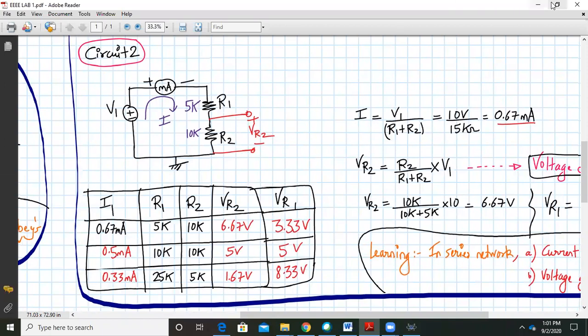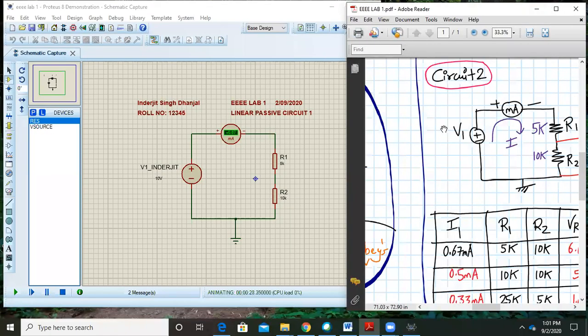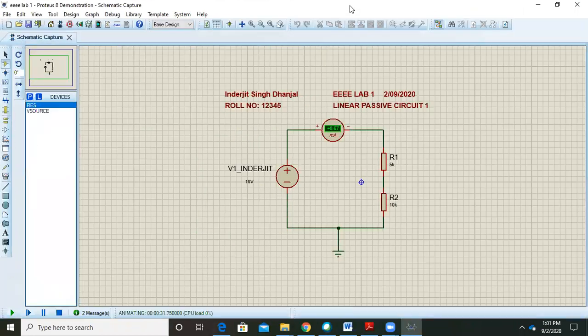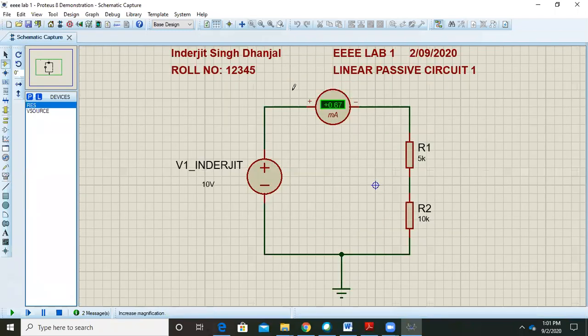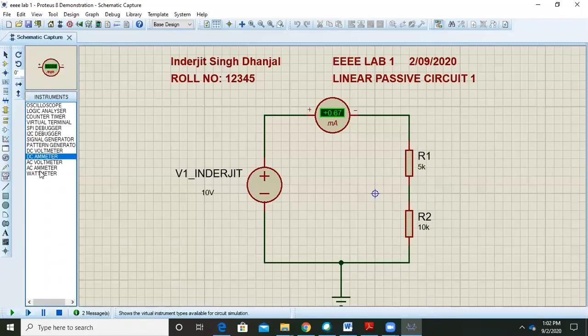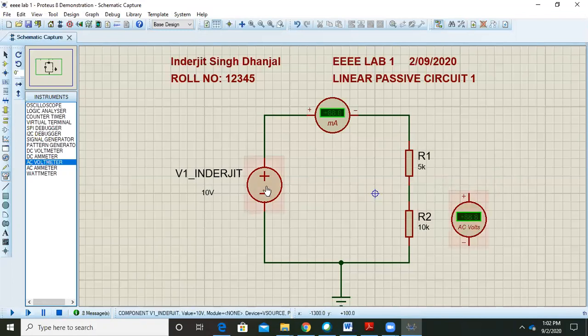Okay. Now I want the voltage across the resistor R1 and voltage across the resistor R2. So let us go into the circuit back. Let me zoom out and place it center. Okay. So what I need to do is I want to measure any voltage. So let's say I want to measure voltage across VR2. So what I will do is there are two techniques. Either I can place a DC voltmeter. So here this is my DC voltmeter. I'll place it over here. Okay, I have to stop the simulation and then I'll place it over here. See, it is an AC voltmeter, sorry.